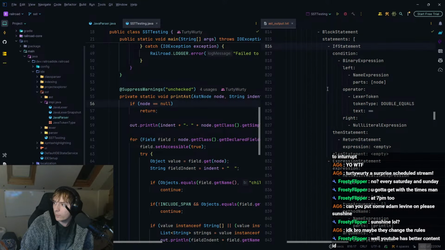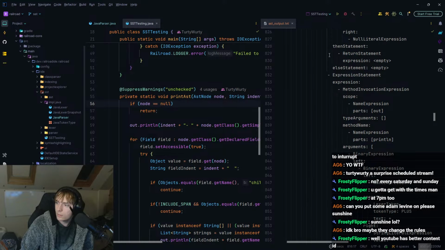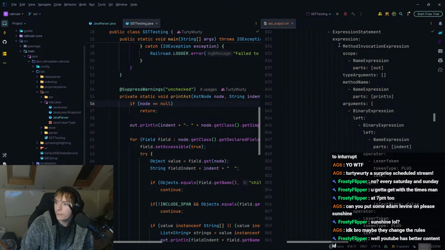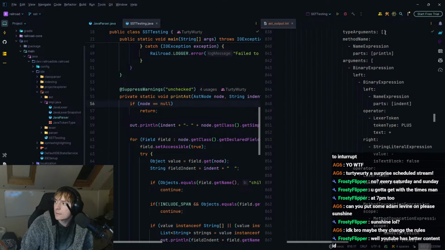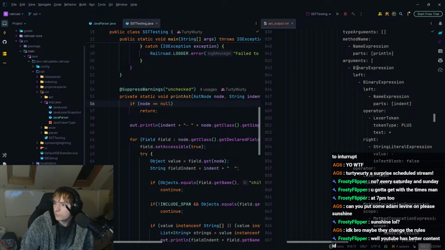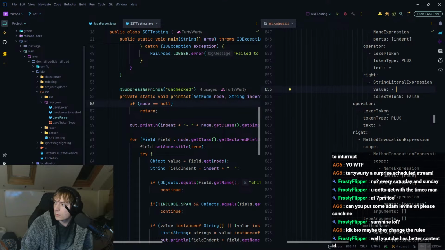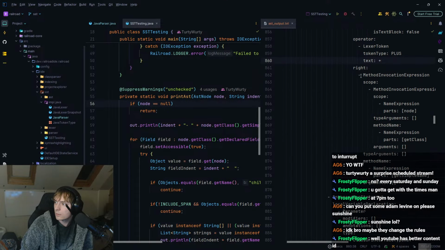Okay, we have an if statement, so if node is equal null, then return. We have method invocation, which is out.println. We're passing in two binary expressions, where left is indent plus this as a string, and then plus the right hand side, which is method invocation, node.getClass.